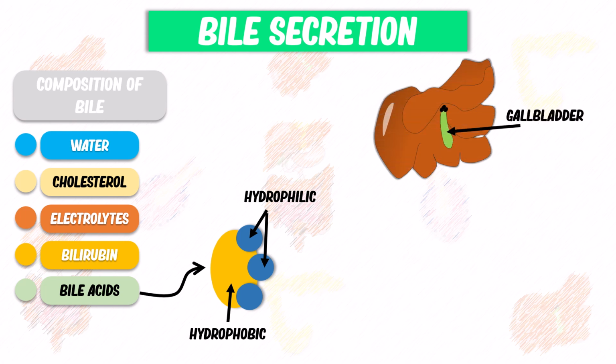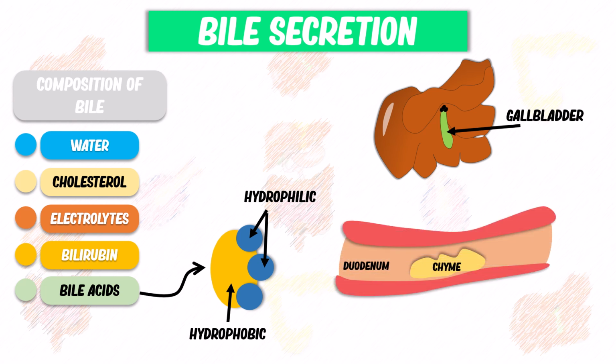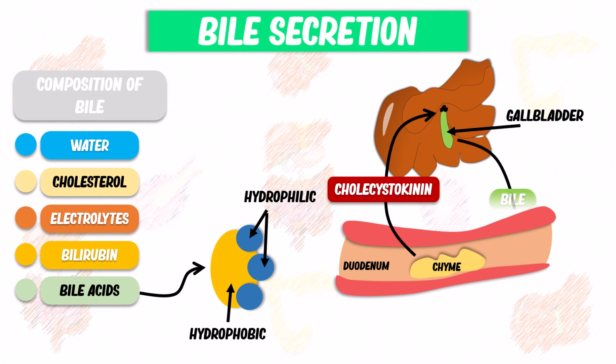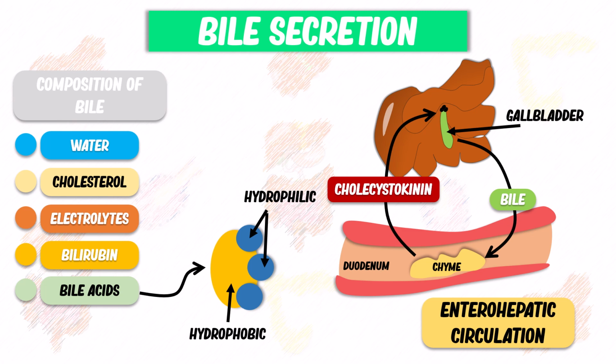It's important to note that horses do not have a gallbladder, so bile drips directly into the duodenum. When chyme enters the duodenum, especially if it contains fat, cholecystokinin is secreted, causing relaxation of the sphincter of Oddi and contraction of the gallbladder, directing bile into the duodenum. Bile acids, after facilitating fat digestion, are absorbed in the ileum and returned to the liver for further bile synthesis. This recycling of bile between the liver and intestines is known as enterohepatic circulation. In our next lesson, we will study the processes of digestion